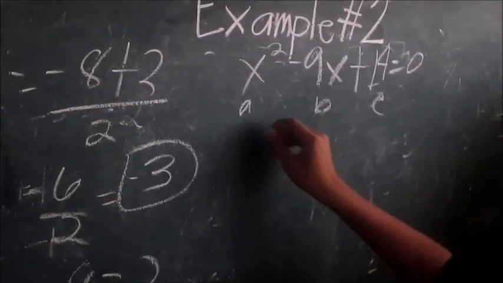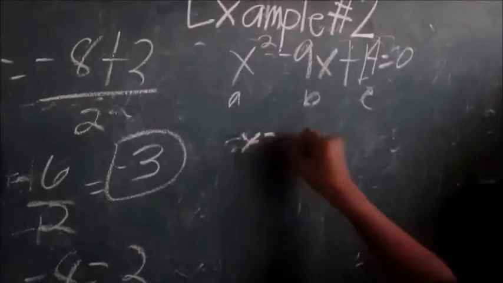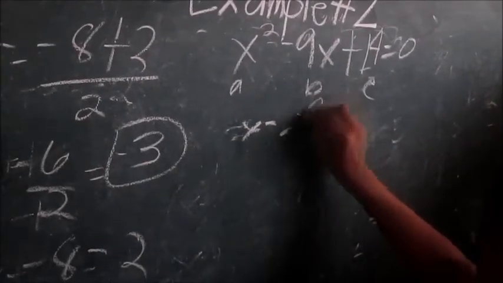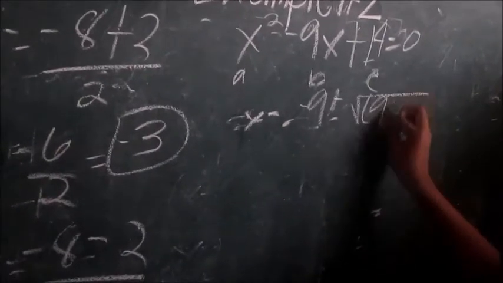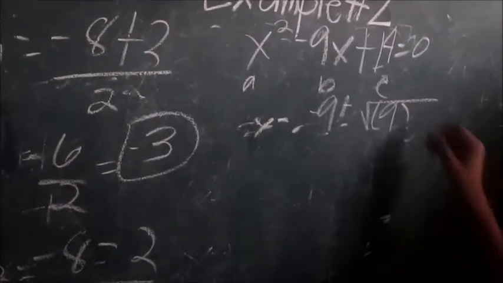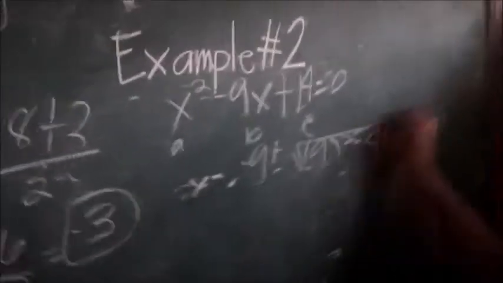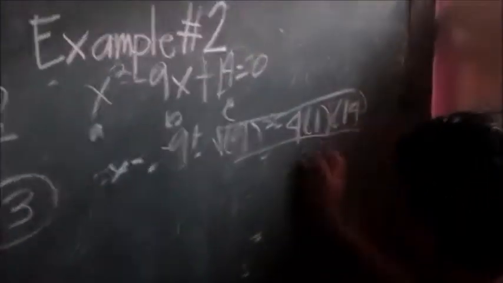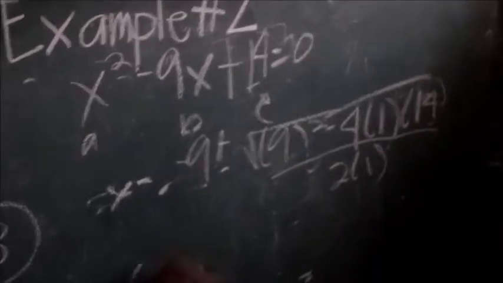So we have x equals negative 9 plus or minus the square root of 9 squared minus 4 times 1 times 14, over 2 times 1. So,